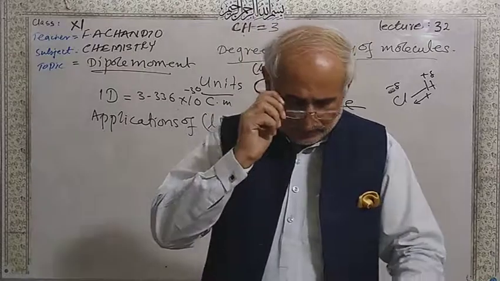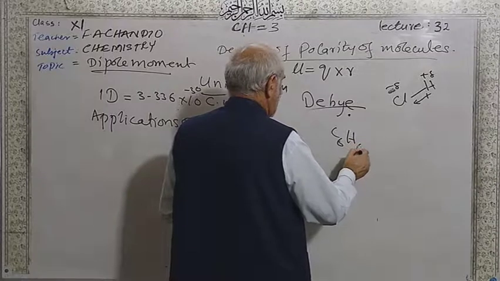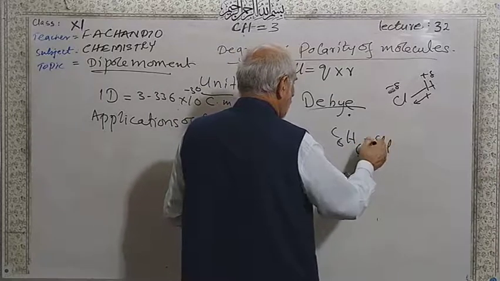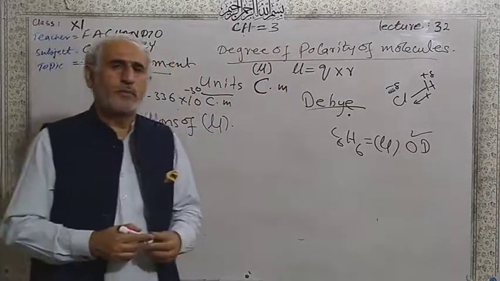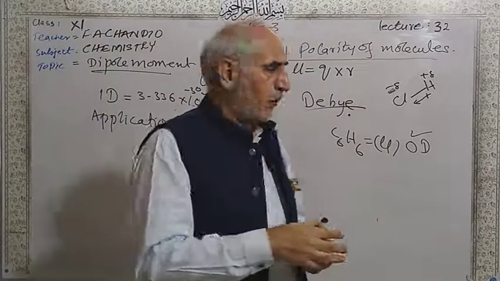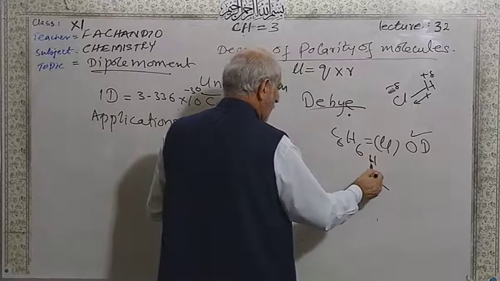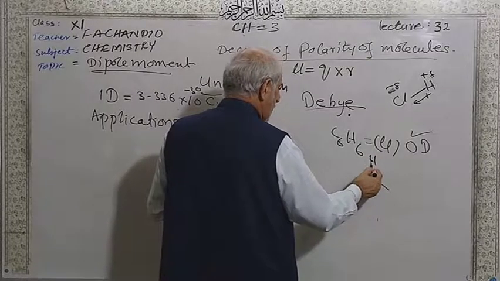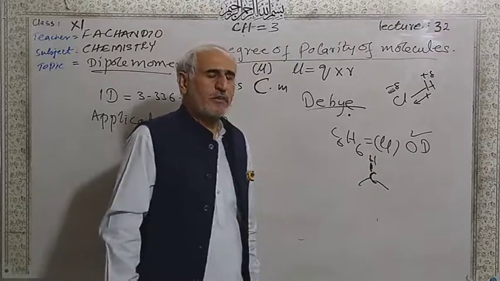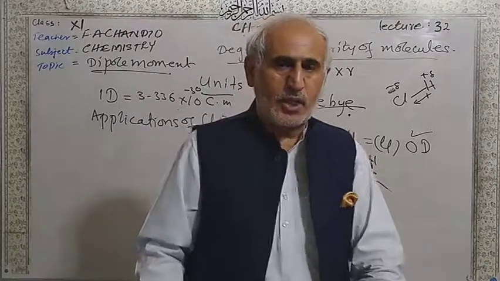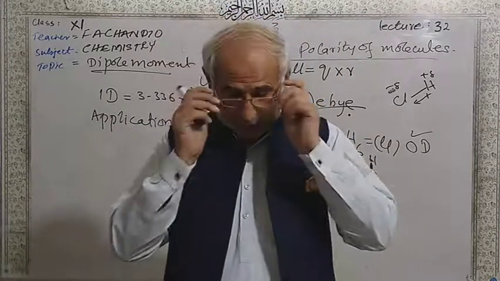Written here, benzene: carbon, carbon, carbon, hydrogen. Its dipole moment is 0 D. This molecule is non-polar. Look at the carbon-hydrogen bond in the benzene structure. The distance is high and the difference of electronegativity is very low, so instruments cannot detect this polarity. So generally it is zero dipole and non-polar in nature.